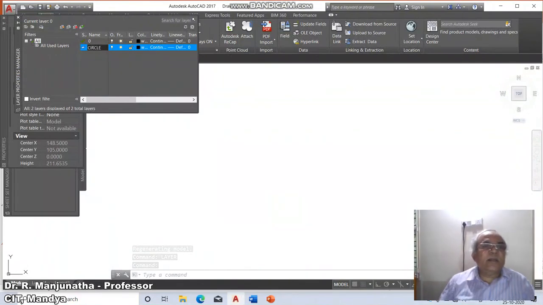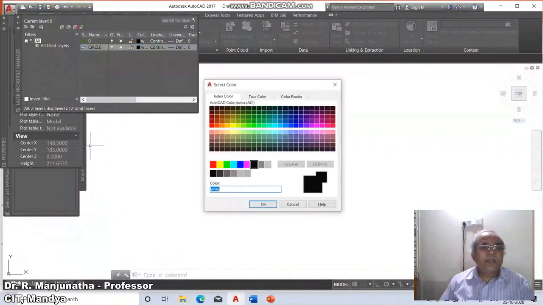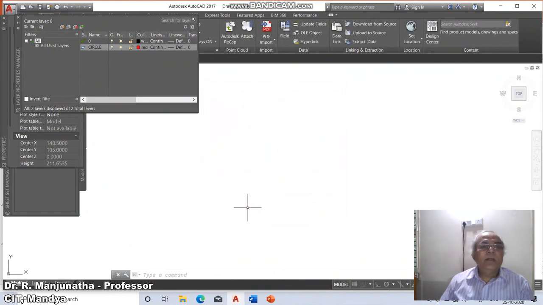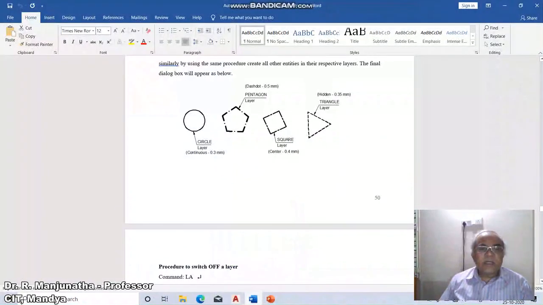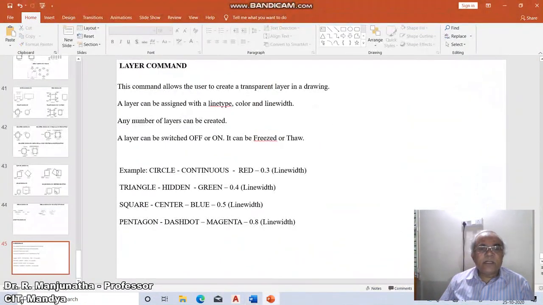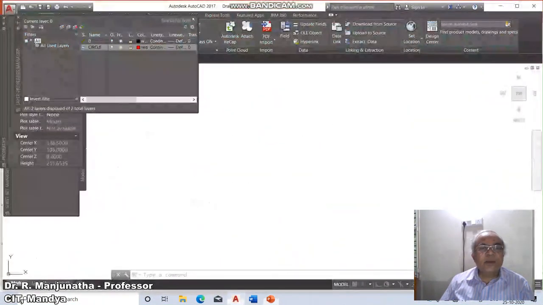Circle is the circle. Then I want to give the color to that particular entity. I want to give it in red color, so I will say red. Then the line type, by default, is continuous. So it is already there as a continuous line type, and we need not worry about that.